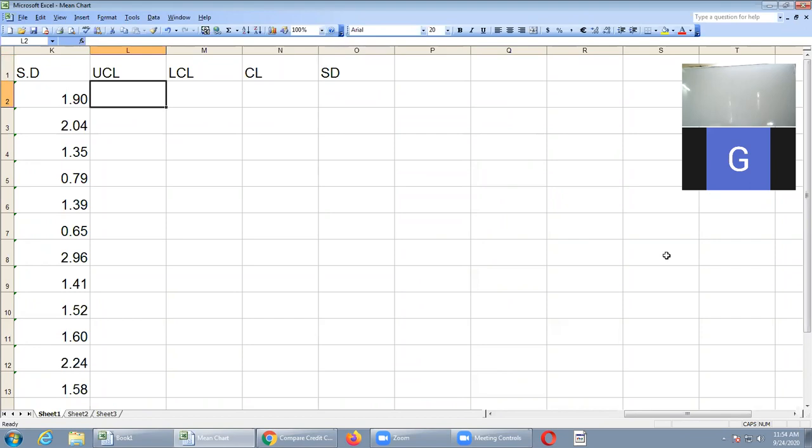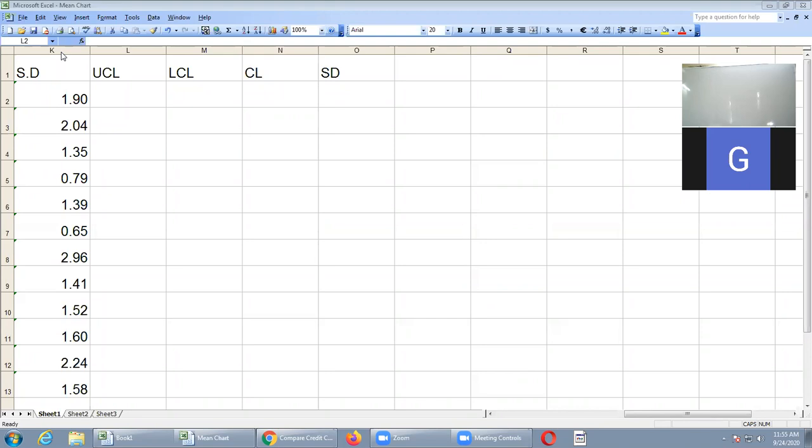If you know the formulas, then only you can calculate any chart. If you don't know them, you cannot do anything. So formulas are important. That's why learn the formulas by heart. Whenever standards are not given, the case is important. Given case means you don't require any calculation. Direct substitution, you will calculate UCL, LCL, CL. Given case means direct substitution. Direct substitution means you will get UCL, LCL, CL values directly. There is no calculation.